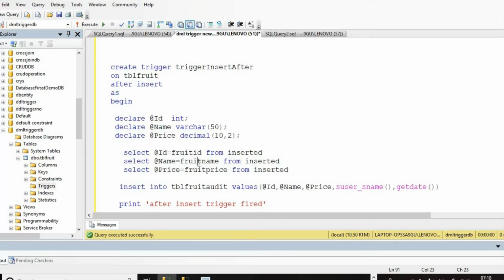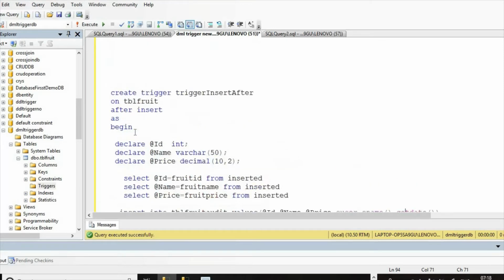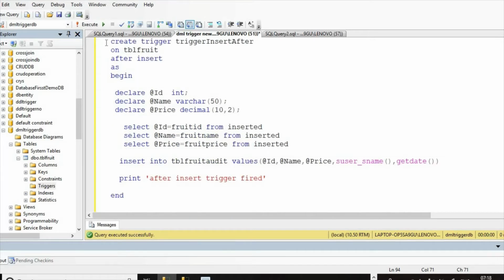We take fruit name from the inserted table and store it in this name variable, and we take fruit price from the inserted table and store it in the price variable. After that we insert into the audit table these variables: id, name, price, username, and current date and time. Then a print statement. If we execute this trigger,